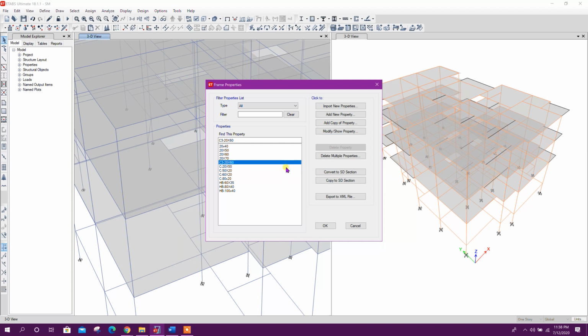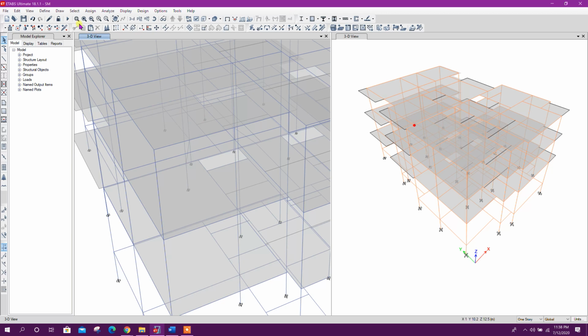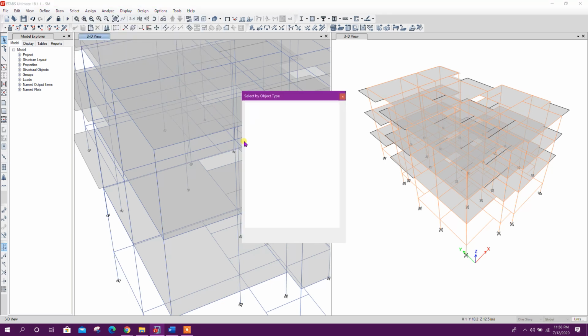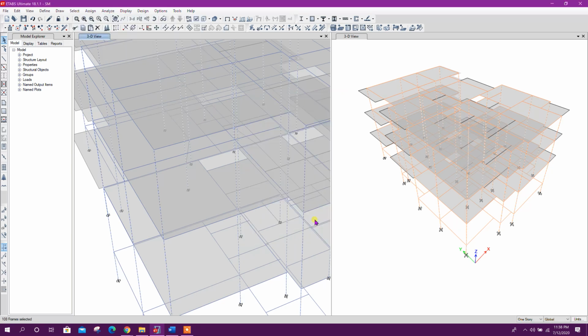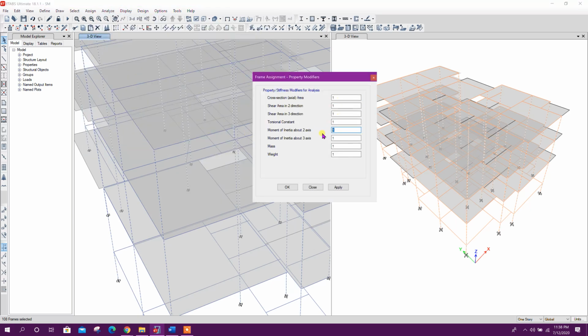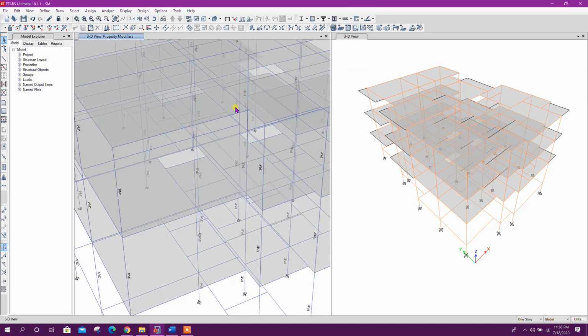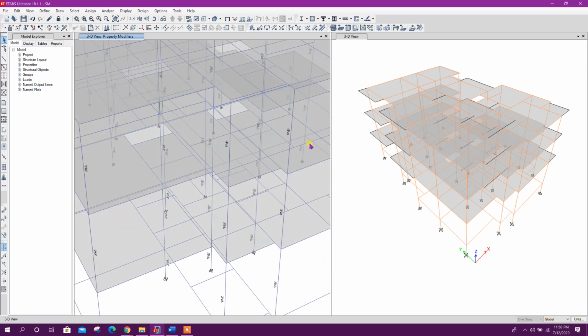We will keep the stiffness modifier or property modifiers at factor 1, and when we go for design, we will select our object type columns, then assign property modifier 0.7, 0.7. Using these property modifiers, we will complete the design.